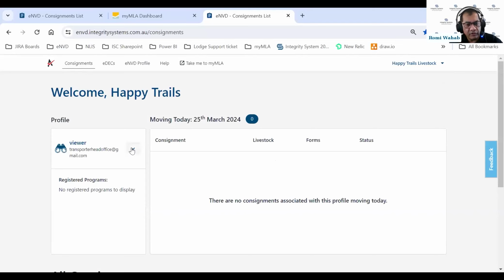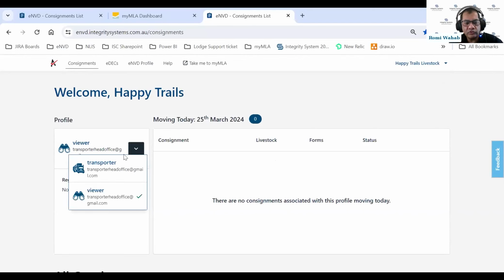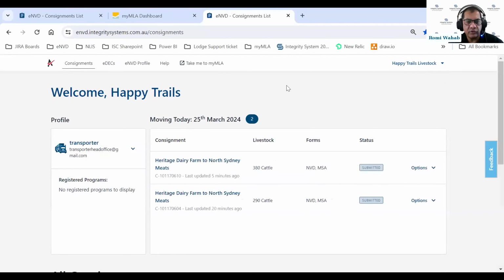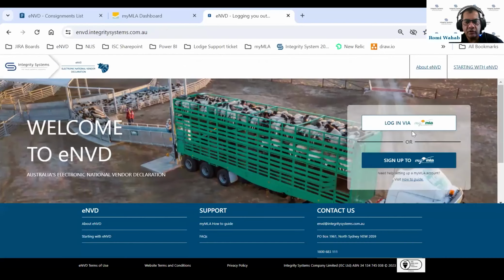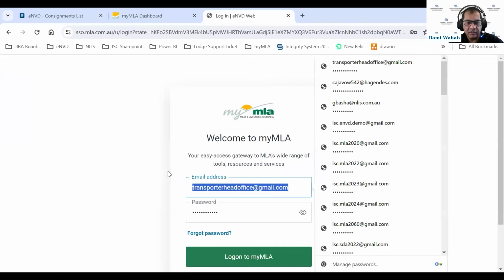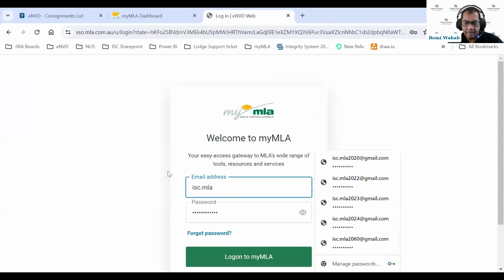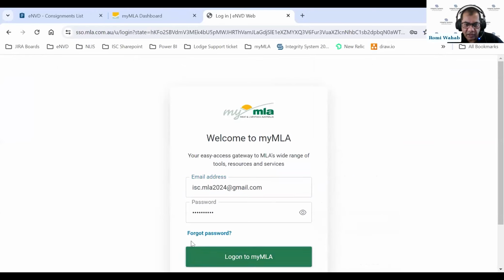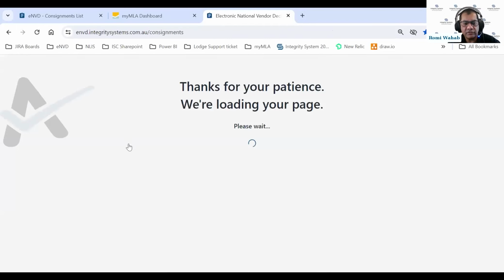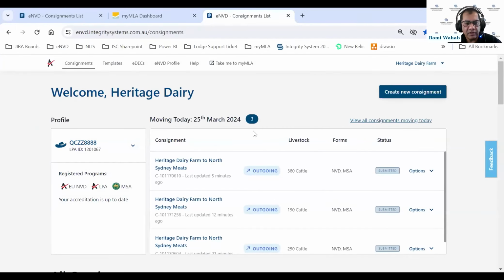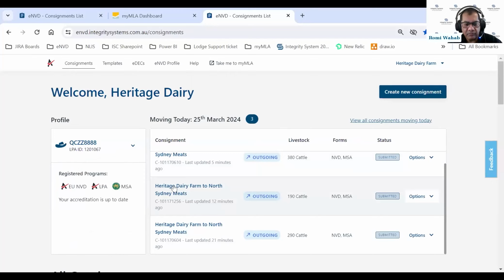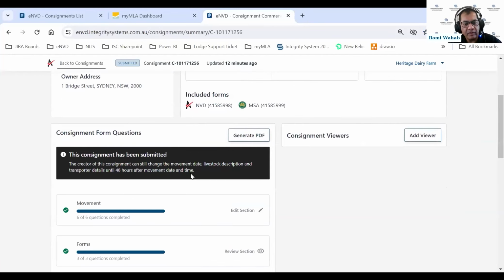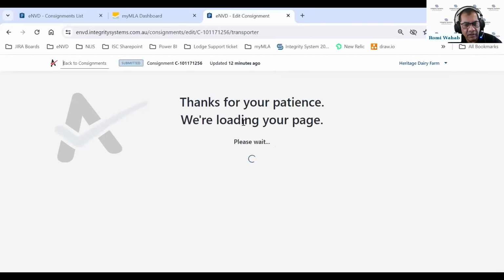Another thing I wanted to show you was, if you are a producer and also a transporter, how do you actually transport your consignments? So let me just log out of this account and I'll log in as my producer account. This was the producer account I used on one of my other devices, where I showed you I was scanning QR codes. In here, I've got a transporter card as well. So if I was a producer and I'm also transporting my own livestock, I pick up one of these consignments. I click on the transporter details and I will,